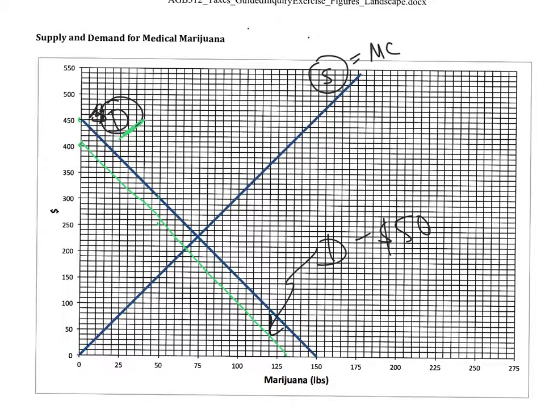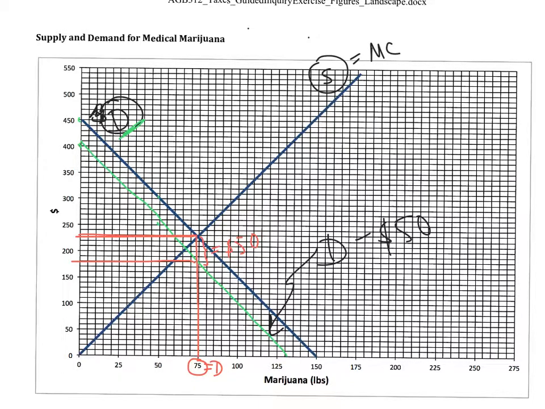So let's just assert a price. Let's just say, we'll just start with the original market equilibrium price. It's about $230, right? So at that price, how do consumers respond? Well, they just read right off their demand curve at a price of 230. The demand is going to be 75 pounds, okay? But of that $230, $50 is going to be taken away by the retailer and passed on to the government. That leaves $180